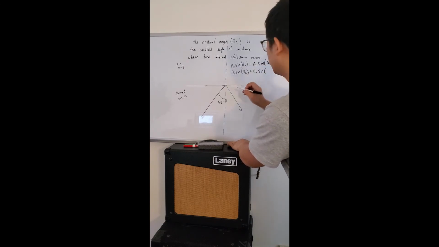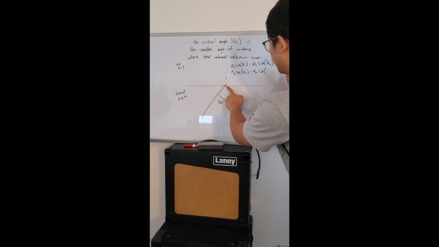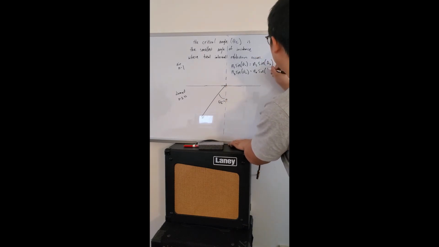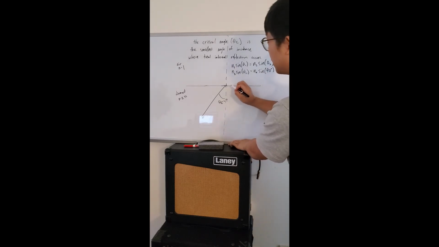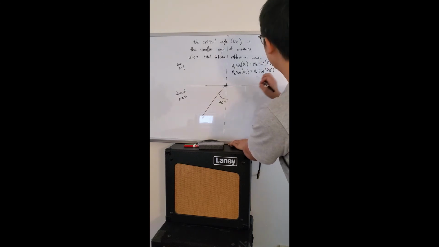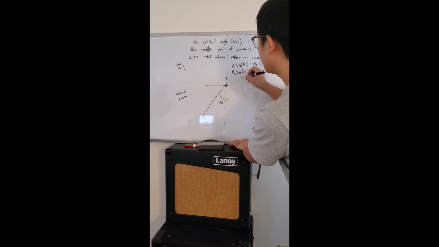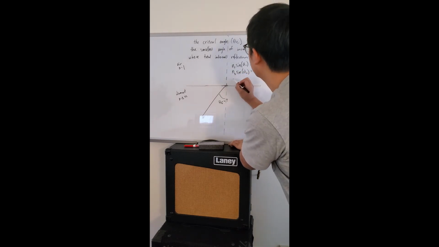times the sine of, we're looking for that critical angle, where it's going to shoot out this way, because any bigger than that, it's going to reflect back in. So we're looking for that breaking point. So we have 90 degrees. So let's do a little bit of math magic here. So we have substitution,